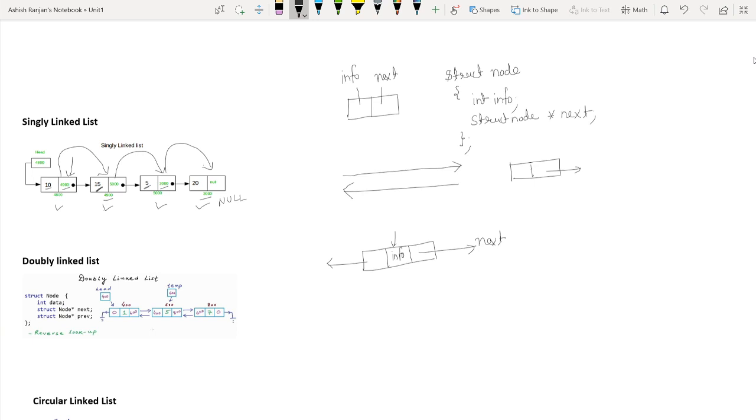So the structure of this node will be something like that. struct node { int info; struct node *next; struct node *prev; }